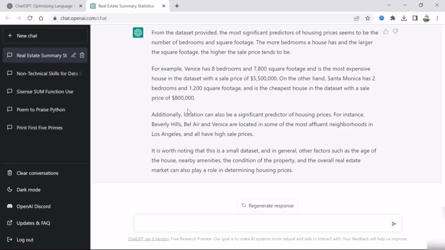It also gives you some other insights, that location can also be a significant predictor. And of course, it's worth noting that this is a small data set, and other factors such as the age of the house, nearby amenities, condition of the property, and the overall real estate market do help, but it is providing very valid and accurate responses in the data set that we have provided to ChatGPT. So